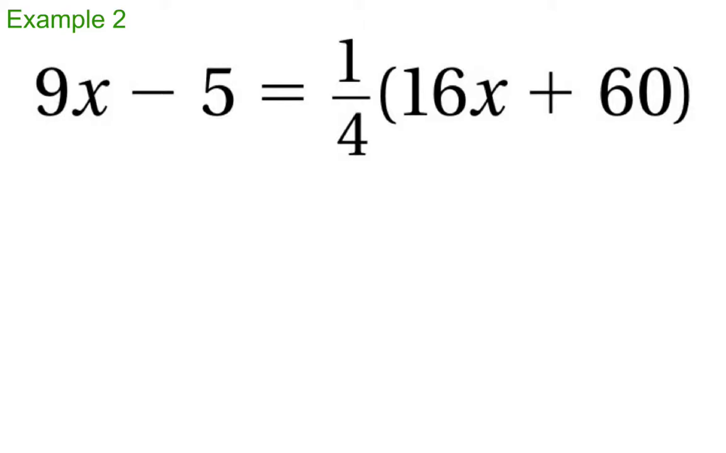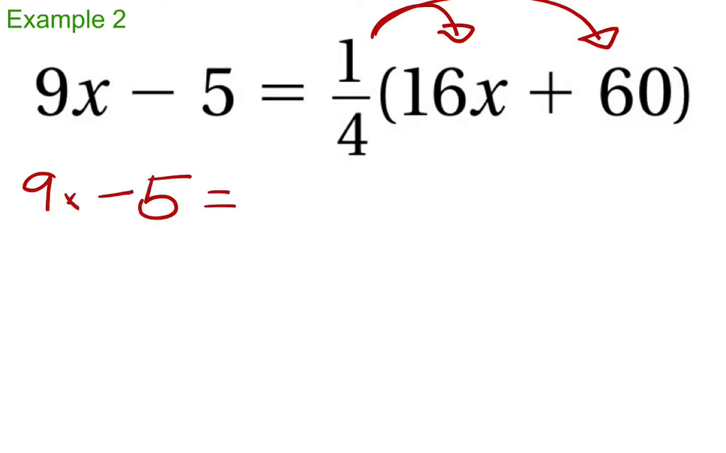So with this one, let's distribute that 1/4. Distribute it to the 16 and distribute it to the 60. So I'm just going to rewrite everything on the left-hand side, 9x, because I'm not doing anything with these. I can't combine them. I can't simplify them. Multiplying by a fraction is the same thing as dividing by the denominator. So 1/4 of 16 is the same thing as saying 16 divided by 4. 16 divided by 4 is 4. 1/4 of 60 is 60 divided by 4, which is